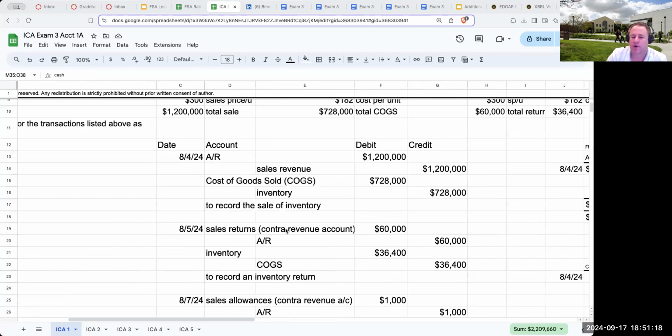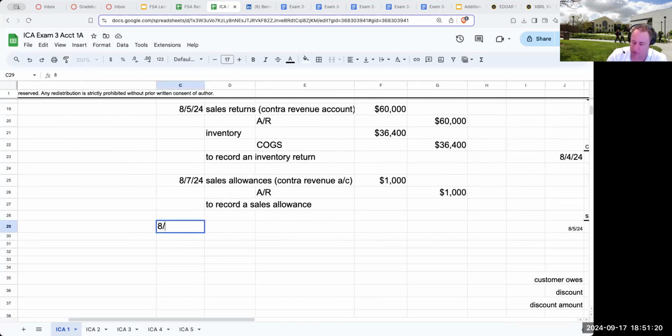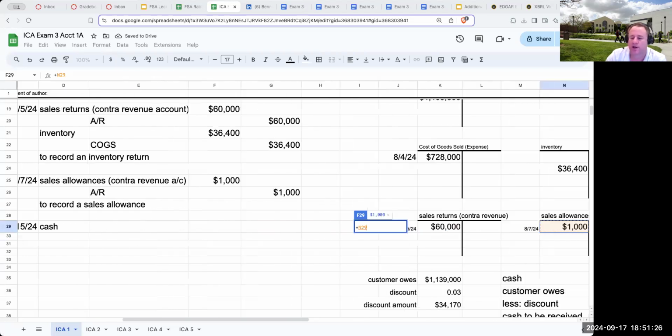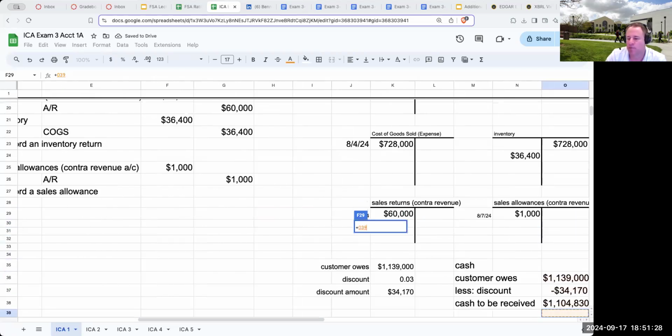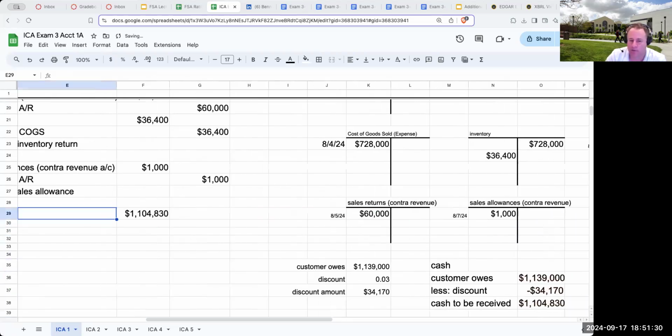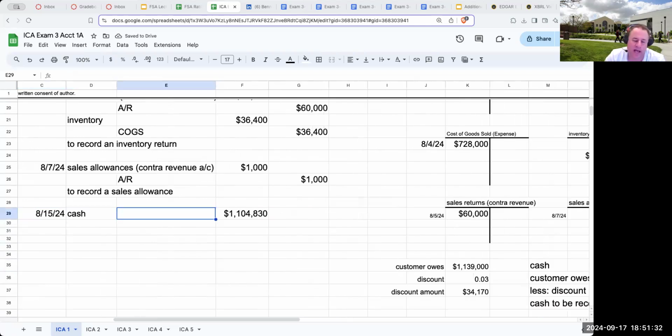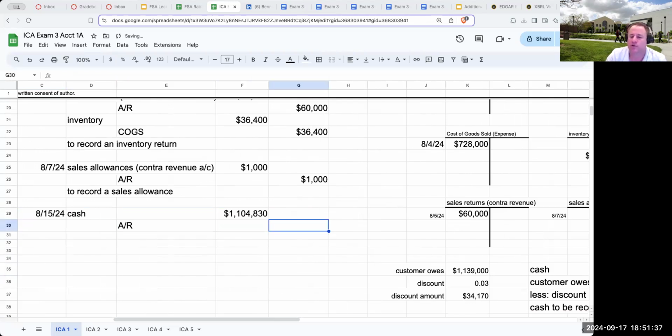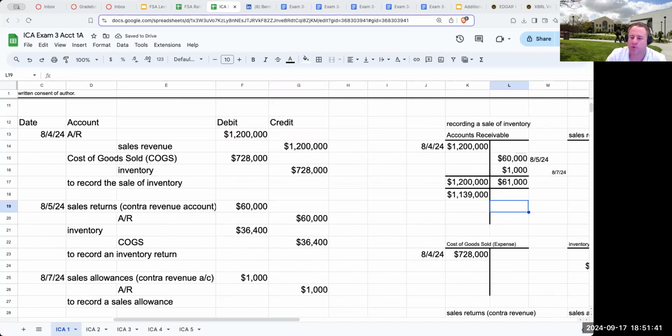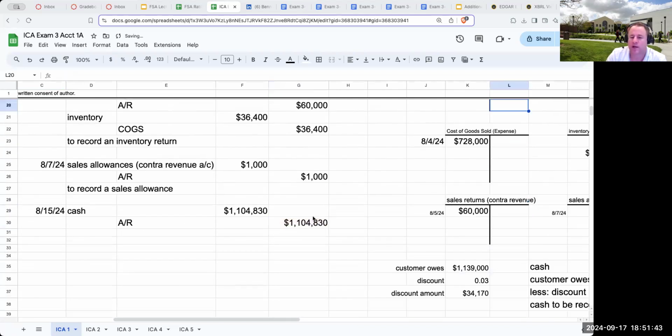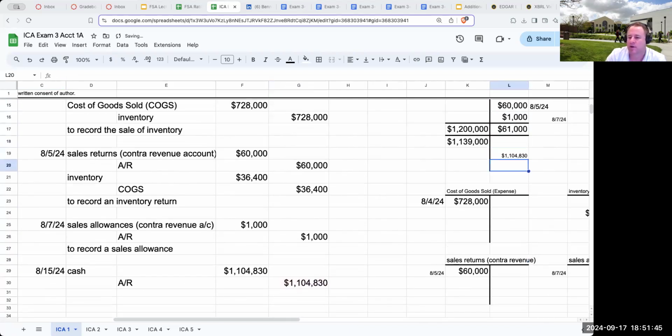So coming over here to 8/15/24, we are going to receive cash from the customer of 1,104,830, right? So I'm going to debit cash. Cash is an asset. Now, if I credit accounts receivable for the same amount, I'm going to run into a problem, because if I credit this over here, there's still going to be a balance of